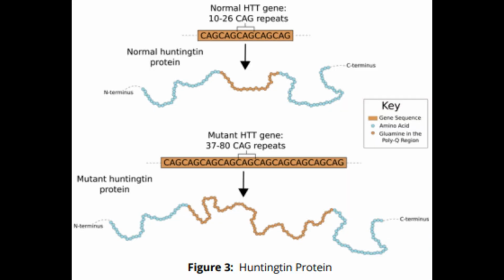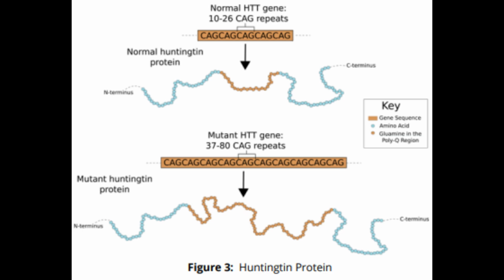Huntington's disease is caused by a mutation in the HTT gene, located on chromosome 4. This gene contains repeated sequences of CAG, which code for the amino acid glutamine. In a healthy individual, there are fewer than 26 of these repeats. However, in someone with Huntington's disease, these repeats expand to 40 or more, causing the production of a toxic version of the Huntington protein. This mutation leads to the progressive breakdown of nerve cells in the brain, particularly in the